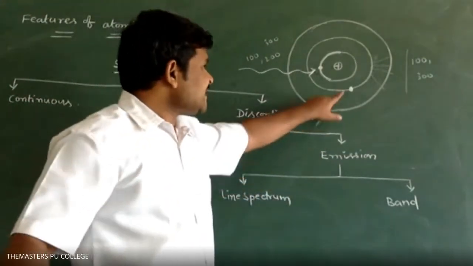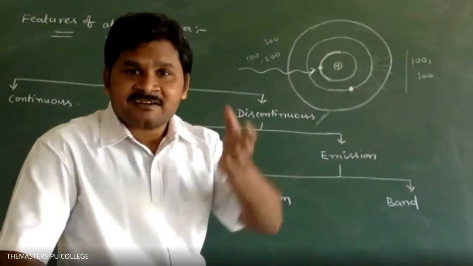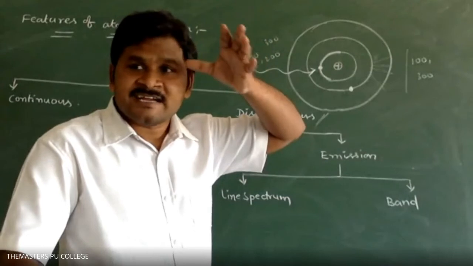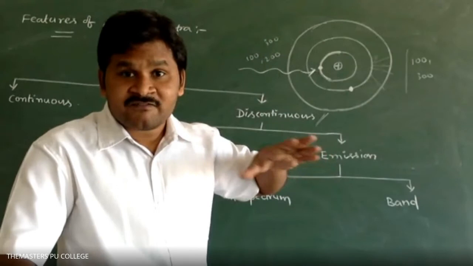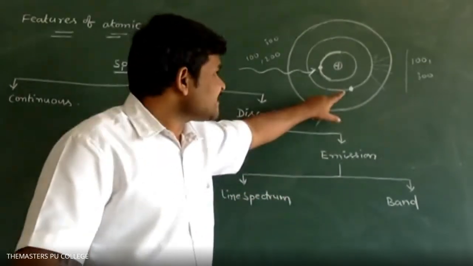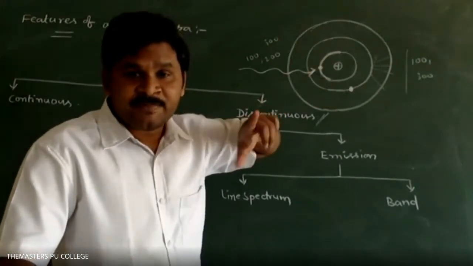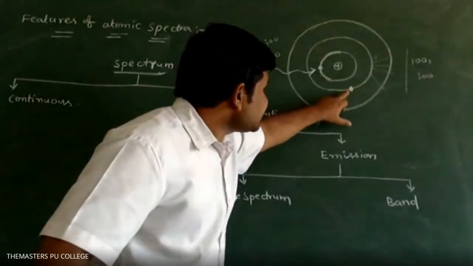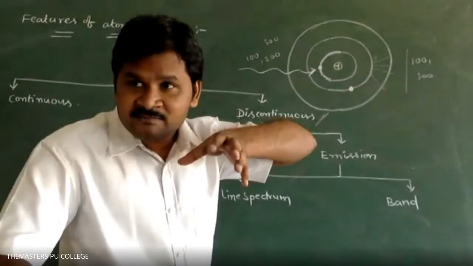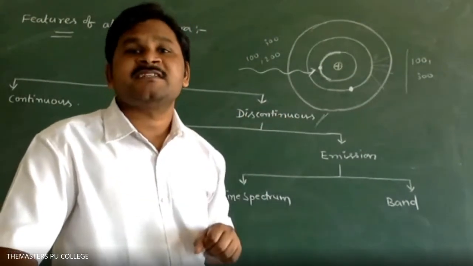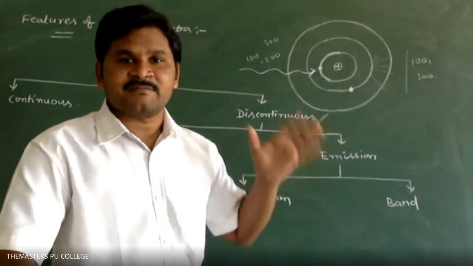Similarly, when an electron moves from a higher energy level to a lower energy level, it loses energy, like an iron rod converting from hot to cold, or hot coffee becoming cold coffee by losing energy. If you analyze the energy released when the electron comes from here to here, we get one type of spectrum. That spectrum is called the emission spectrum. The spectrum produced by emitted radiation is called the emission spectrum.